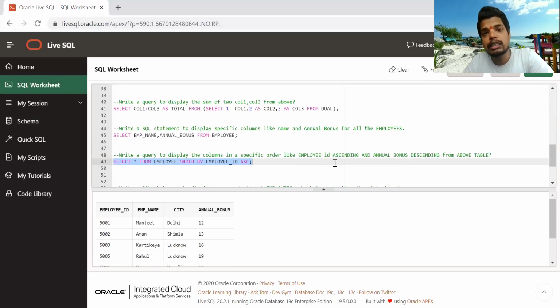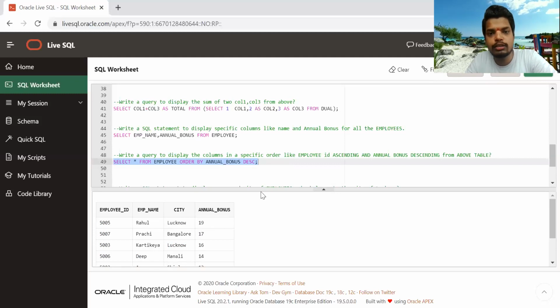That means firstly we will place at the top the employee who is getting the maximum bonus. Here you have to do nothing except write annual bonus instead of employee ID, and the keyword is descending, that is DESC. For descending you need to provide the keyword; it will not be defined on its own. You have to explicitly mention the keyword DESC. This is the Oracle keyword, and you just run that.